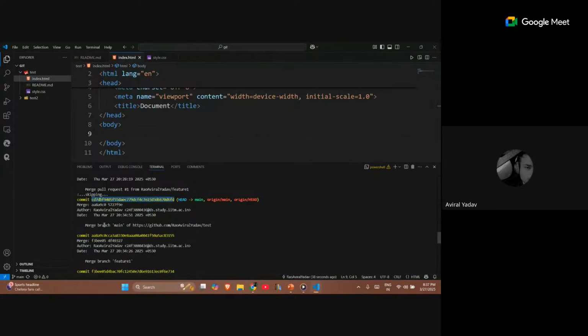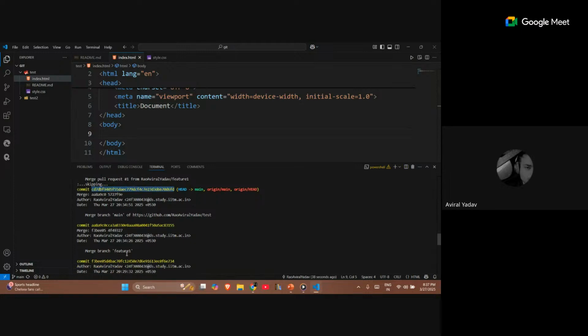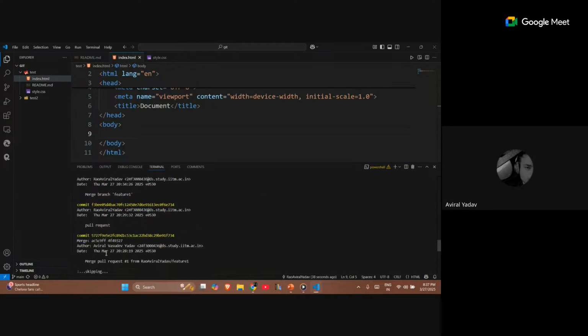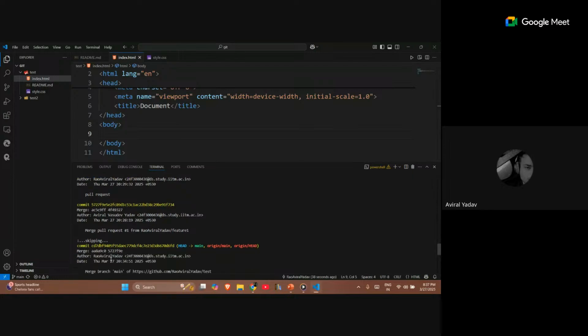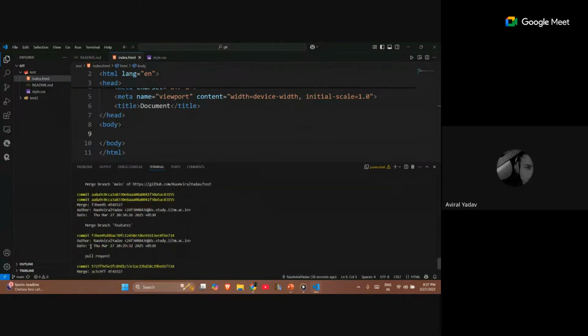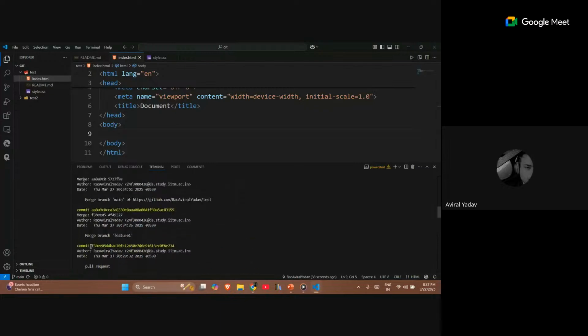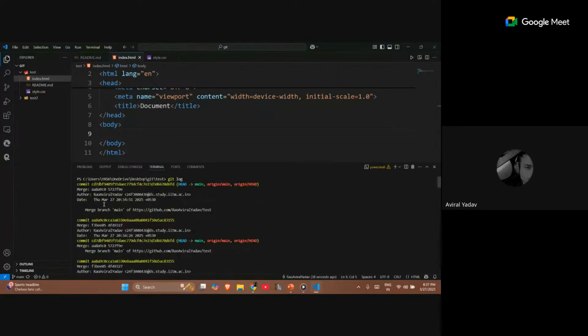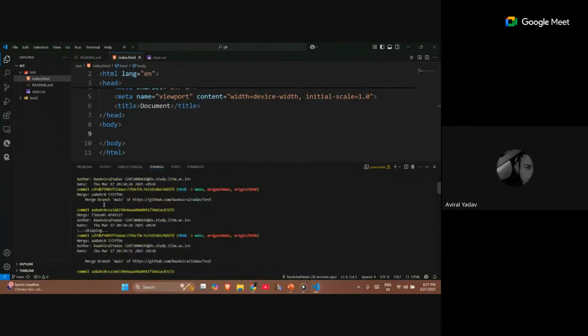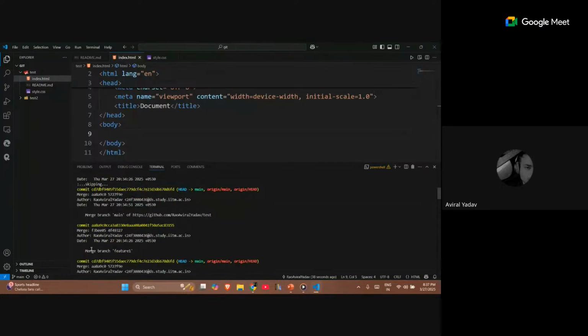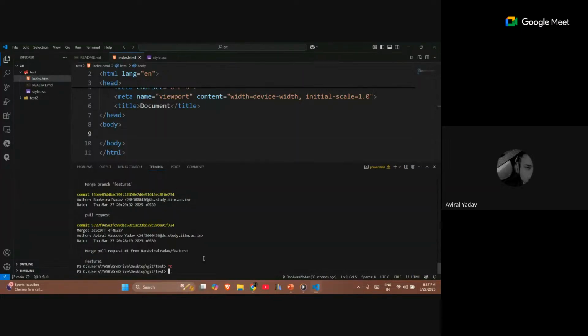Okay, it's the main branch, and this was feature one. This is the pull request, then merge pull request, this is skipping, and so on for particular branches. Let's say I want to delete this part. I'll take this one and copy it. And to remove that particular step, what we do is git reset and use the hash.